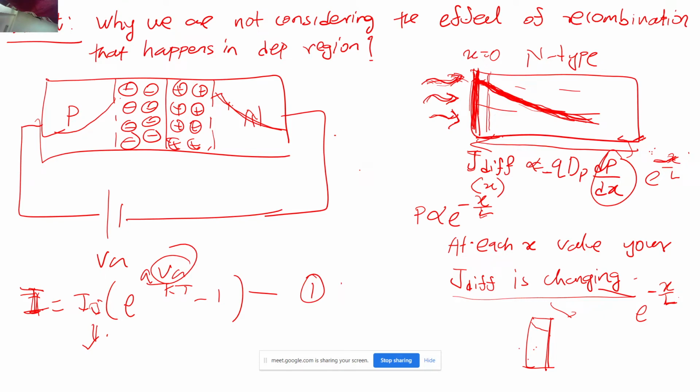There is some lifetime of the carriers, and there is some diffusion length of the carriers. If I don't allow my carriers enough distance to get recombined, will the recombination happen by a huge factor or a very small factor? I want my excess carriers to face a distance large enough compared to their diffusion length so that they get a chance to recombine and decay as they progress ahead.